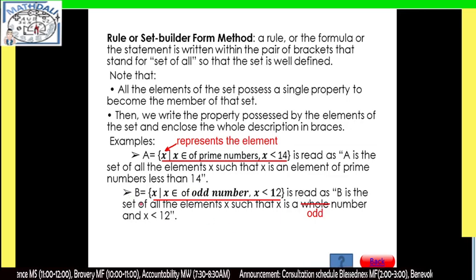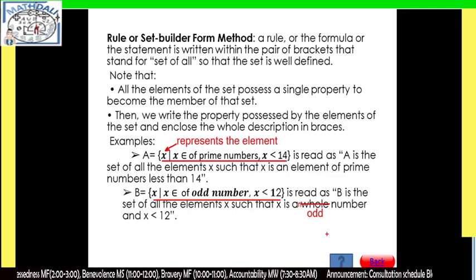Again, this set can be read as B is the set of all element x such that x is an odd numbers and x is less than 12.